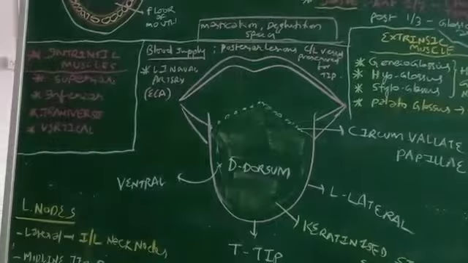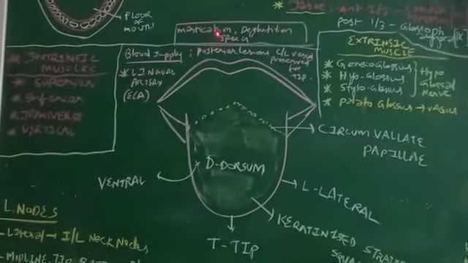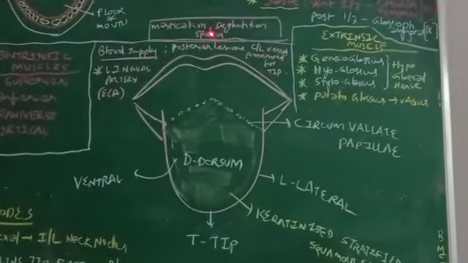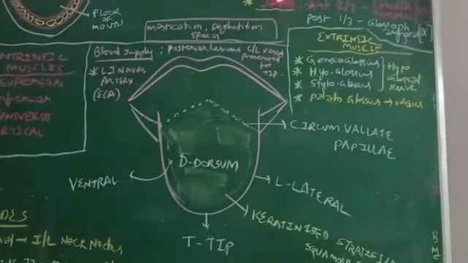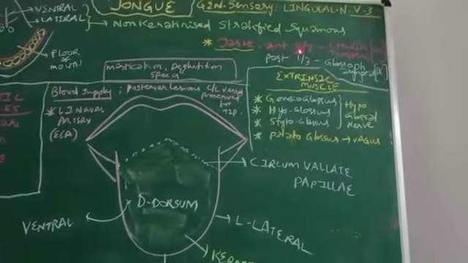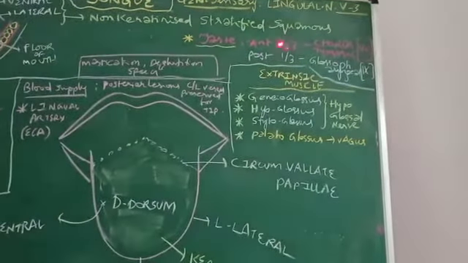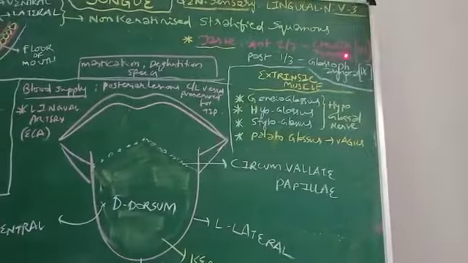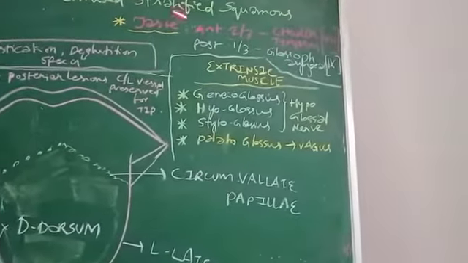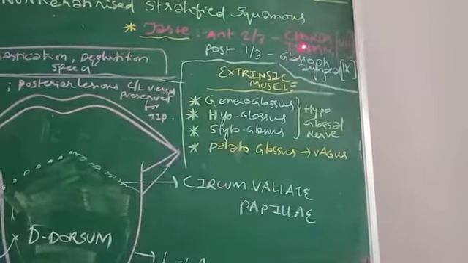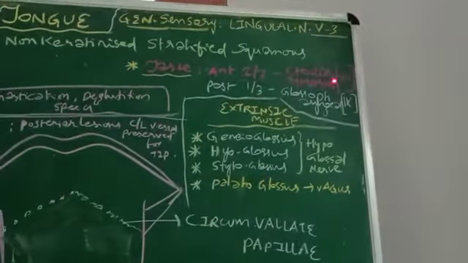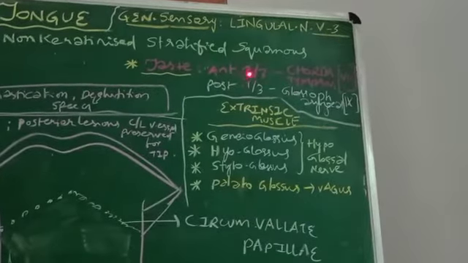What are the functions of the tongue? Functions of the tongue are mastication, deglutition and speech. Very important, all these three things are mediated by the tongue. And the fourth one is taste sensation, special visceral afferent from the anterior 2/3 of the tongue to the nucleus tractus solitarius, that is through the chorda tympani. So it is in close opposition with the lingual nerve. Of course, the chorda tympani, a branch of the 7th cranial nerve, runs along with the lingual nerve for taste sensation of the anterior 2/3.